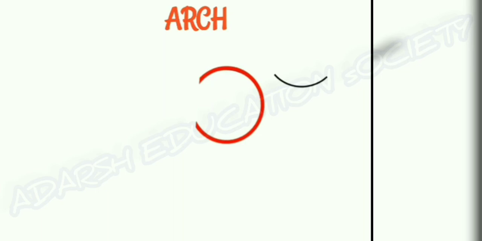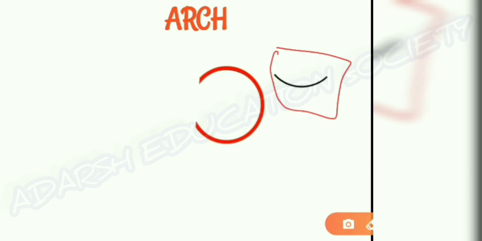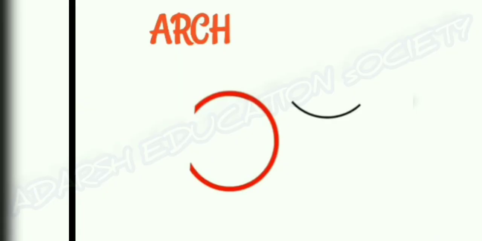Now look at this picture. Children, here this is the arc, right? We cut the circle into two parts. That's why this part is called an arc. Now the other part of this circle is also an arc. Okay? When we break the circle, the curved surface made is an arc. Here you can see this is the curved surface of the circle and this is called the arc.